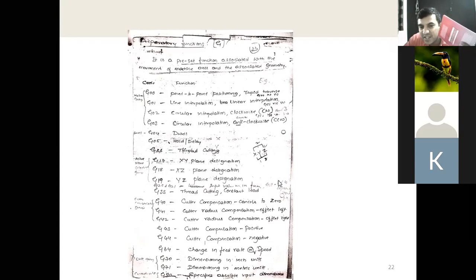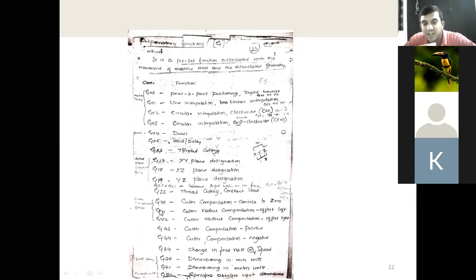So one more code is here, G28. You can see here in the pencil I have written. G28 stands for move the cutting tool to home position or reference position. Usually the bottom left corner is the reference position. Always it is the home position of the workpiece. The tool has to do its function. It's somewhere here. I want to send the tool to home position. Then how do you send that? G28 X0 Y0 Z0. It automatically comes to home position, right? That is the G28 we use.